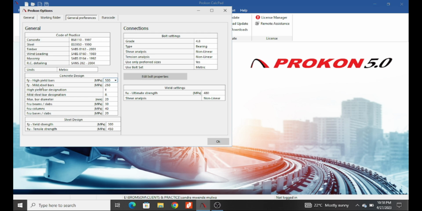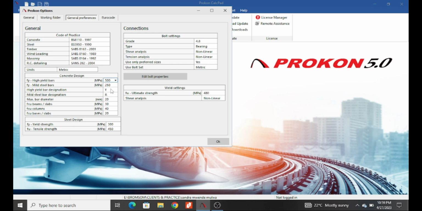And then you also have mild bars. Mild bars we normally use 250. The difference between the mild bars and the high yield bars, the high yield bars are ribbed, but the mild steel bars are the ones that are round, which we normally denote as R. They don't have any ribs, or they are not even twisted.